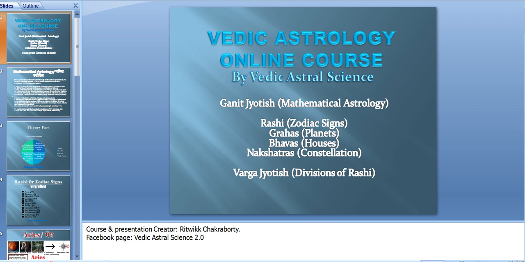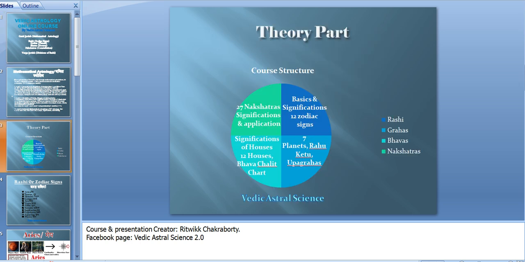And mathematical part of this second course covers Grahabal or calculation of planetary strength, Bhavbal or strength of houses, and the theory part will be covered in our channel also. Okay, the videos will be uploaded one by one. We will be starting with Rasis, okay, 12 Rasis or zodiac signs. So videos will be uploaded soon. You keep following,